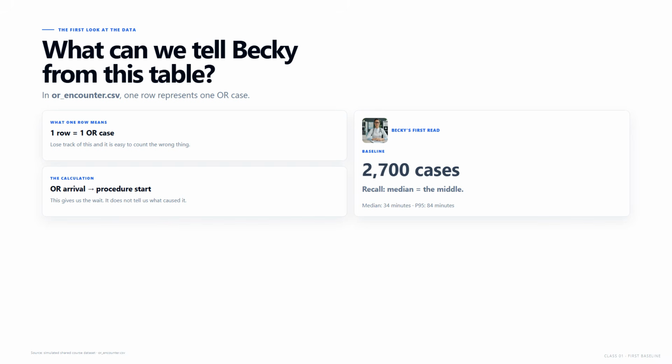The median is the middle ordered wait, 34 minutes. The 95th percentile cutoff is 84 minutes. So now we can tell Becky something real about the pattern. We still cannot tell her what produced it. Keep both of those things in mind as we move into Excel, what one row means and what this table